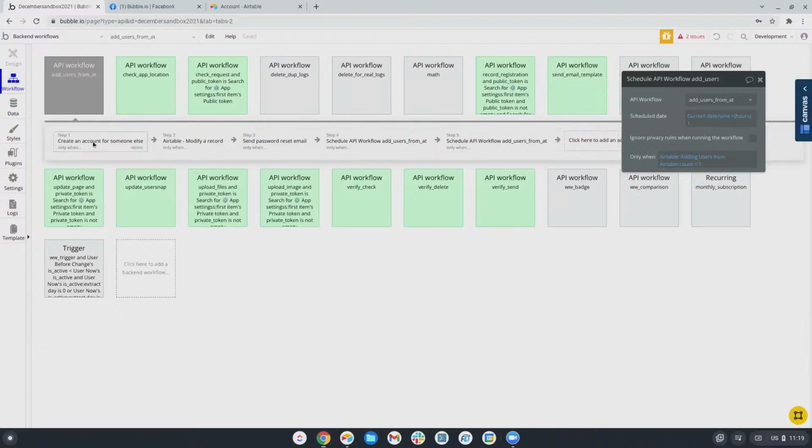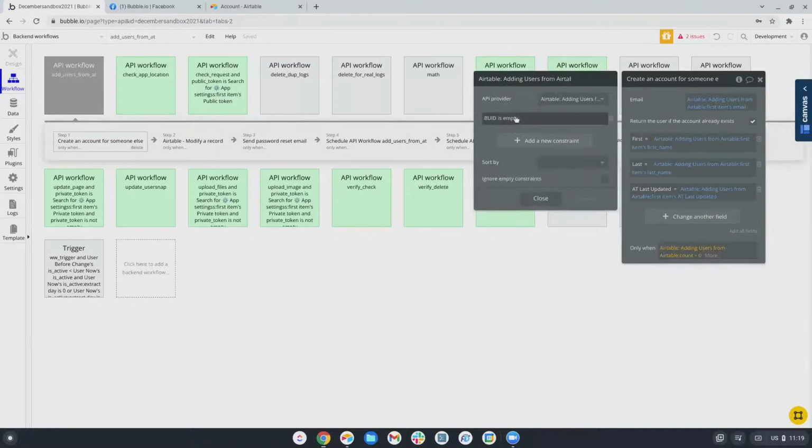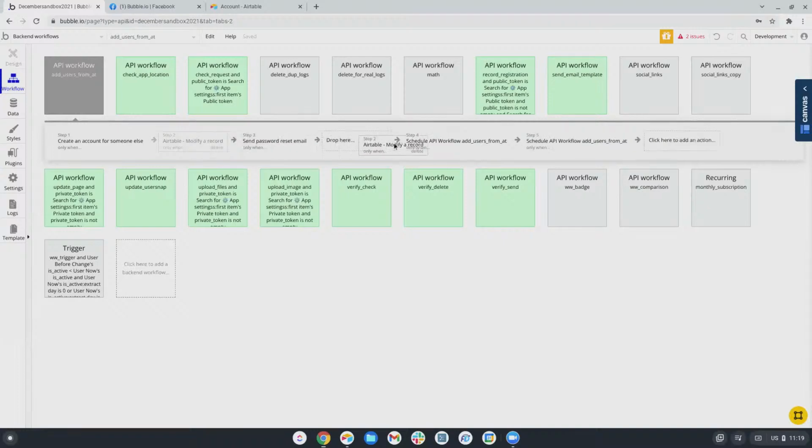So we'll create an account for someone else. We're going to pull in the information from the Airtable for each field. We're only going to do this when there is at least one record in Airtable where the BUID is empty. Then after we create the account or return the existing account, we'll modify that record and add the BUID. This effectively will remove it from here, but we probably want to put it